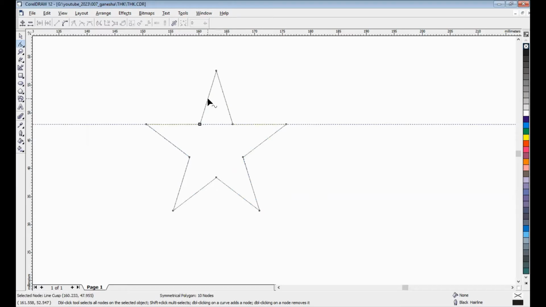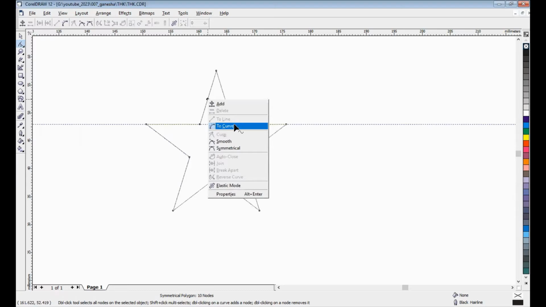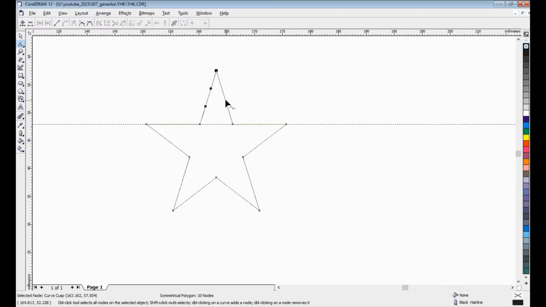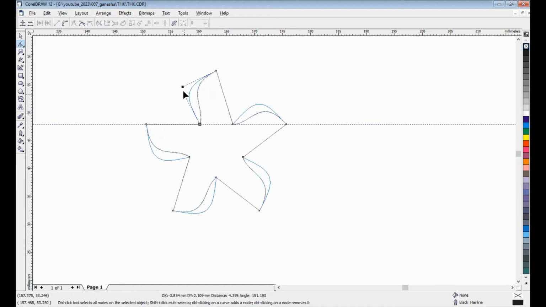Now I want to make this line into a curve. Look, see the change. You can create it as you wish.